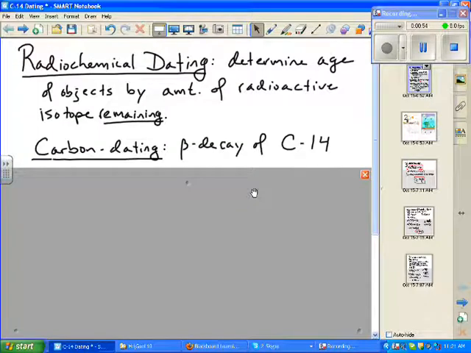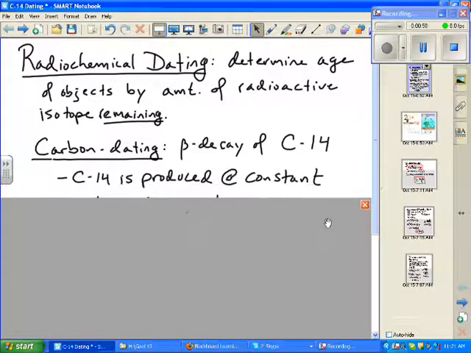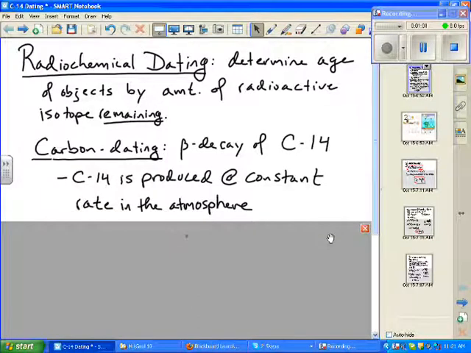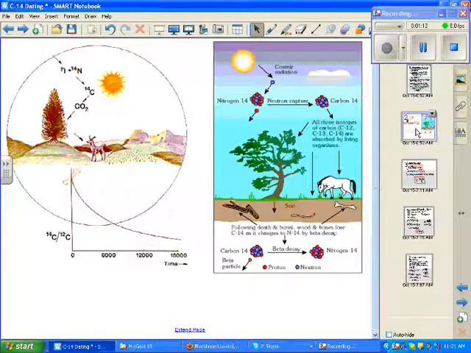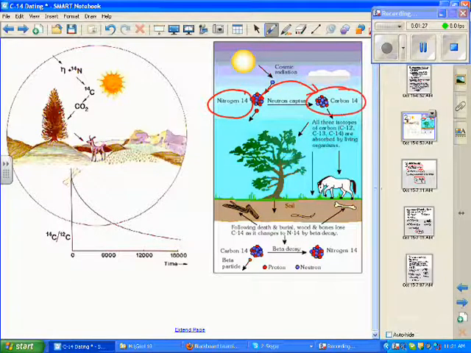Now, carbon dating is based on the beta decay of the radioactive isotope carbon-14, which is produced at a constant rate in the atmosphere. It's because of the bombardment of nitrogen-14, which is the most stable isotope of nitrogen, by incoming solar radiation or cosmic rays. That's shown in this cartoon here. Basically, a nitrogen-14 is bombarded by an incoming neutron, and the neutron is captured by nitrogen-14, converting it to radioactive